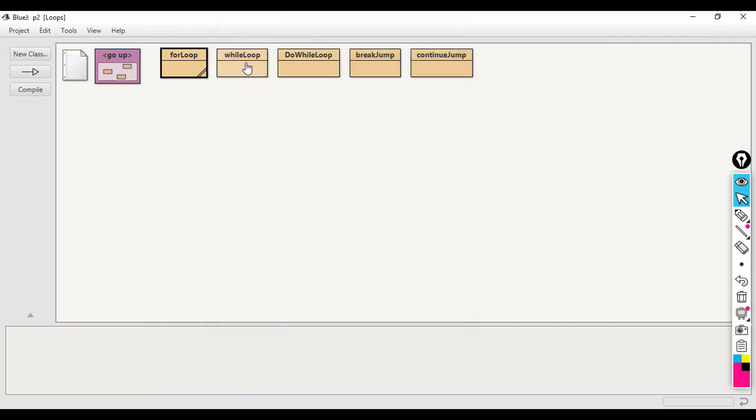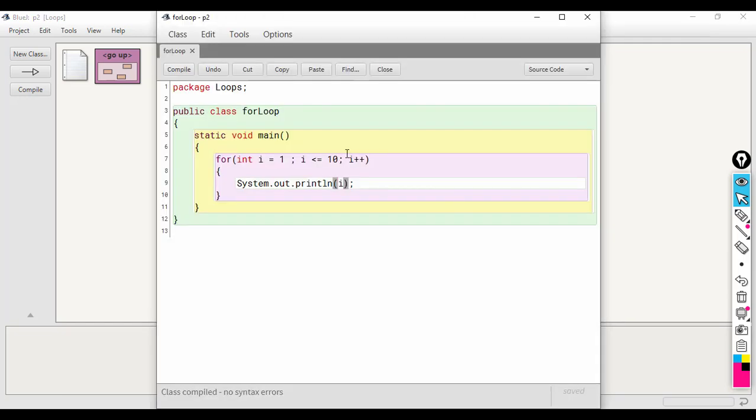Now, let us say instead of increasing the value by 1, I increase the value by 2. So what will happen this time? This time the variable will be initialized with 1, the condition 1 less than or equal to 10 will be checked, the condition is true, control comes inside and 1 is printed.